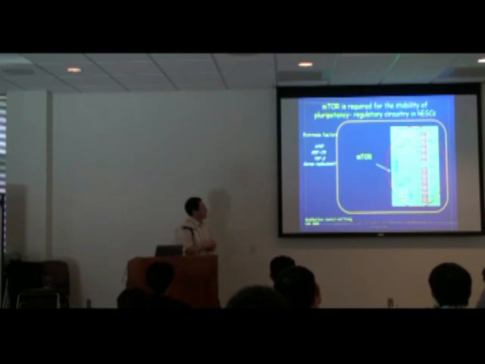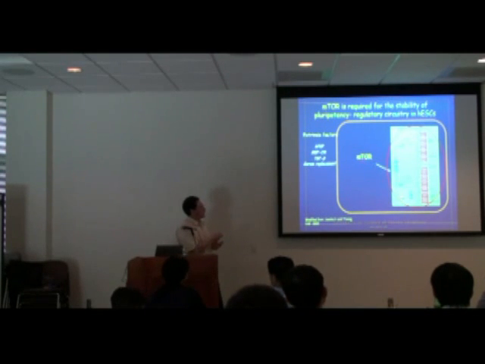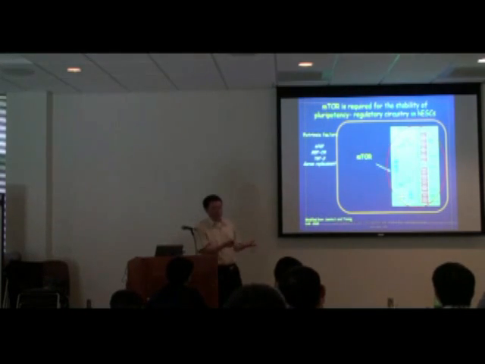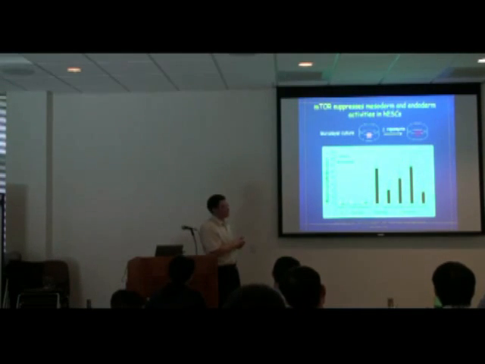Okay. Now, what we have shown so far is the following. We have shown that mTOR is quite important for stabilizing the circuitry of pluripotency, these three transcription factors. And if you take mTOR away using an inhibitor, or use knockdown, and we actually knocked it down as well, you destabilize the circuitry, and cells begin to differentiate. Right? Very simple. Now, the question becomes, what happens to other aspects of cell fate?